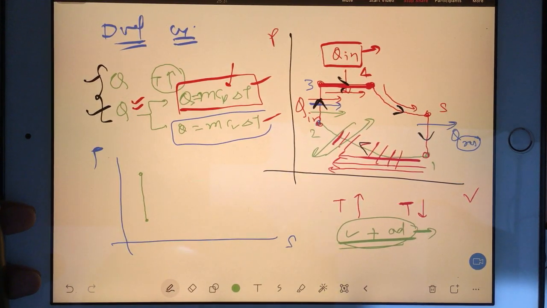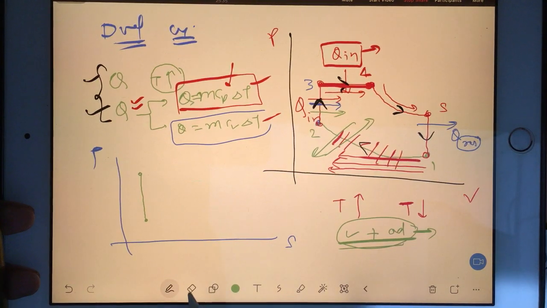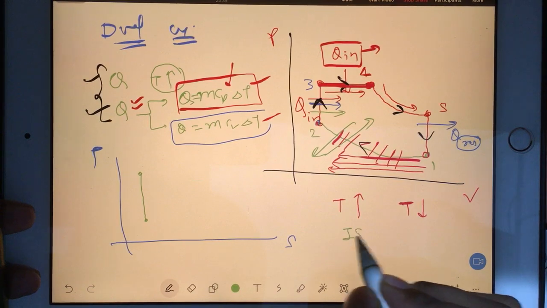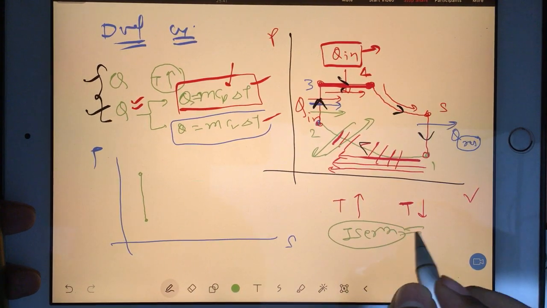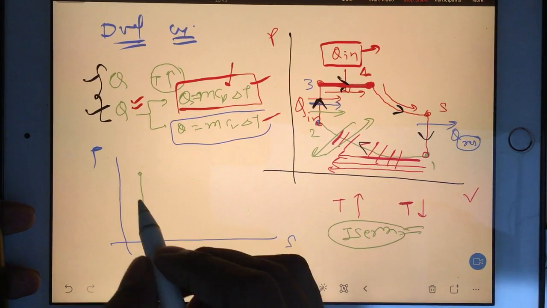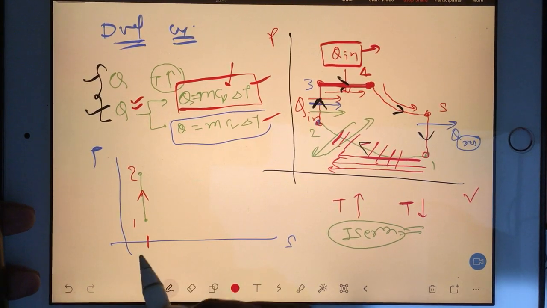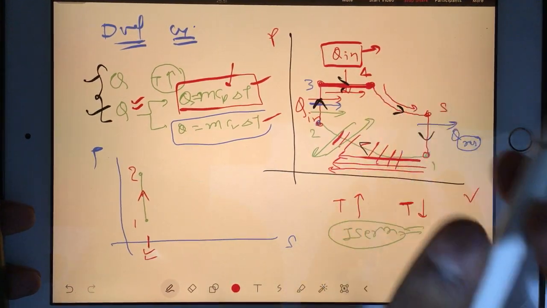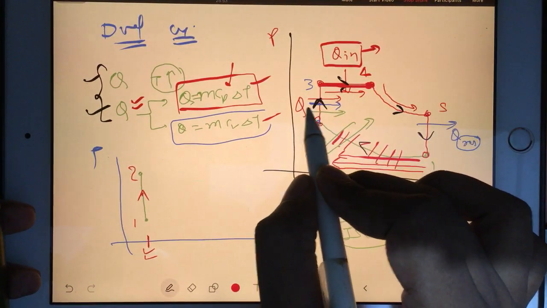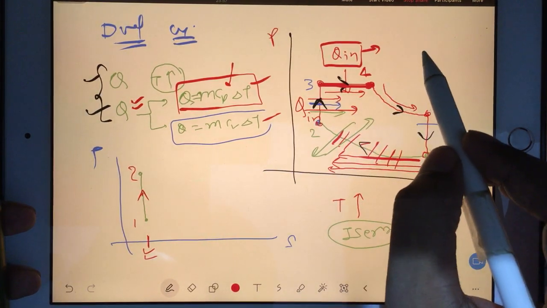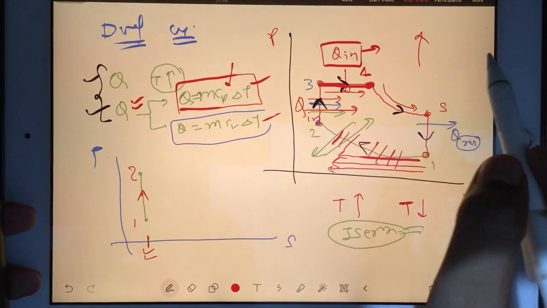Reversible adiabatic process is also known as, very good, isentropic process. So entropy will be constant. You can see isentropic, so constant entropy. That's why in my diagram you see I am going in this direction 1 to 2, but entropy is not changing. Whatever entropy is here, it is same entropy. But keep in mind, whenever you add heat, heat addition always increases your entropy.